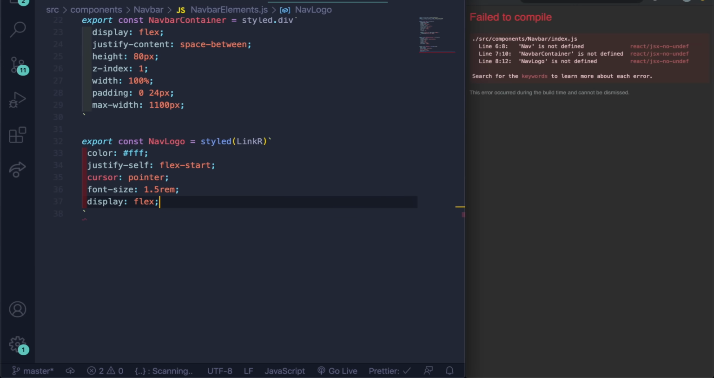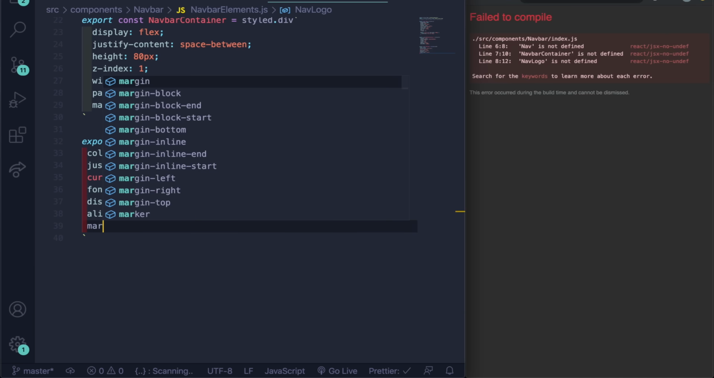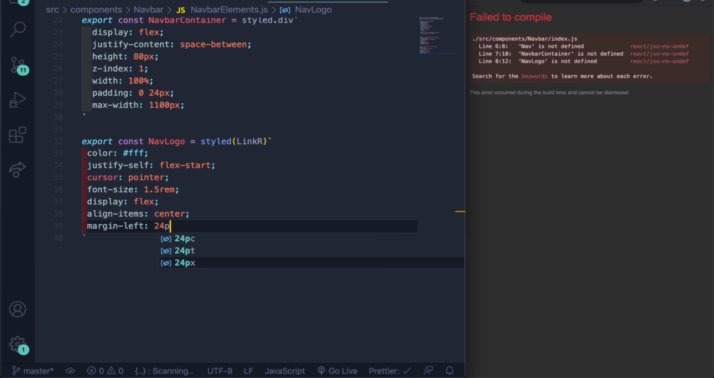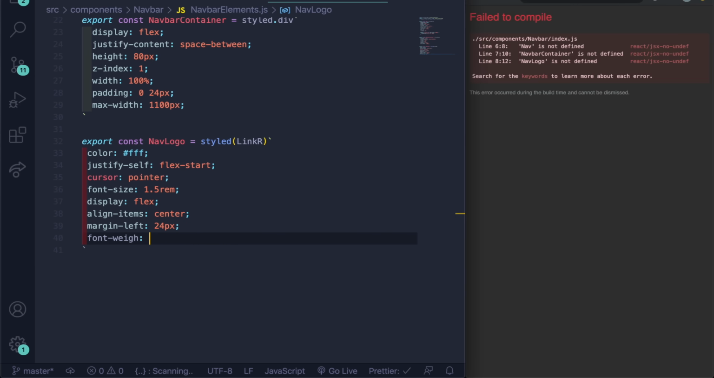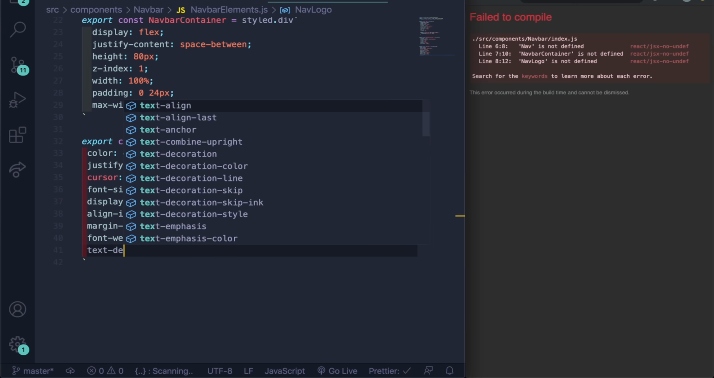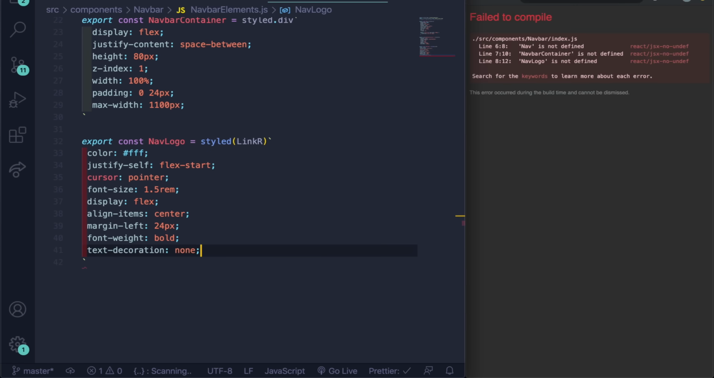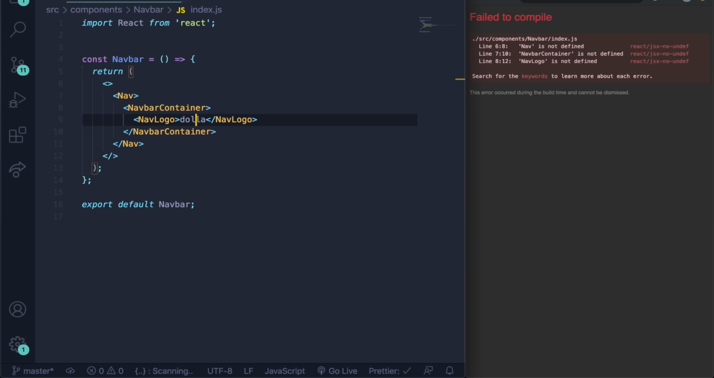display: flex. Then we're going to align-items to the center, and then let's do a margin-left of 24 pixels. Font weight is bold, and then text-decoration will be none. All right, so let me just save that there, and then let's go ahead and go back to the